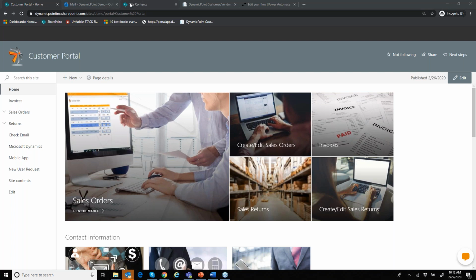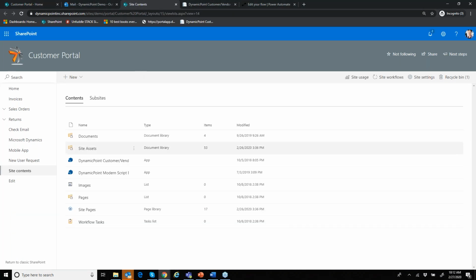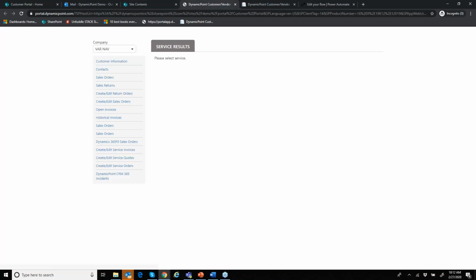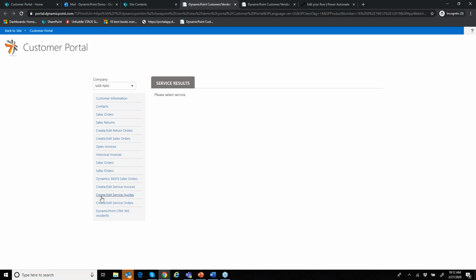So we are going to dive into the admin. So the admin is available just from site settings, right? It is just deployed as an app to our Office 365 tenant. And if I go here, I see all of the data that I've basically integrated with the portal. So each of these is what we define as a service within our application, and each of these is built from the ground up. And what I mean by that, if I go look at the services, and say I was to pick like orders,